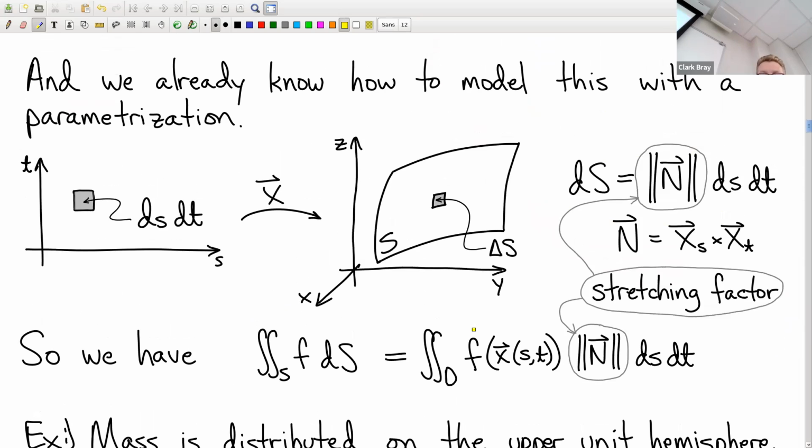So let's see here. We're interested in computing some line integral. I mean, why, by the way? Maybe we're computing the mass on our surface. F represents surface density, or mass per unit area density. Or maybe we're counting ants, and that's population density. Whatever. If you're interested in computing this scalar surface integral, then ds